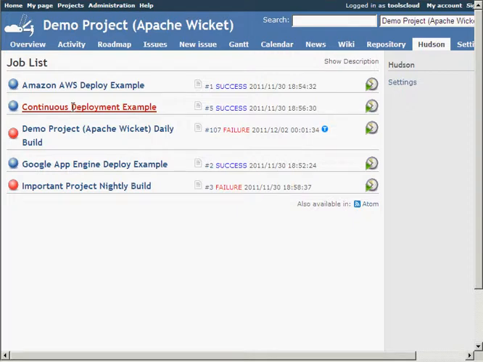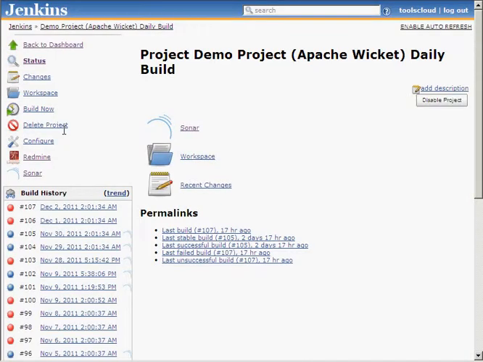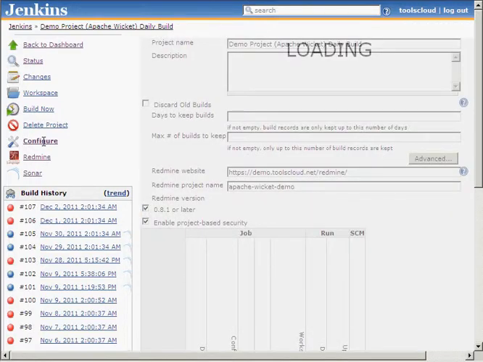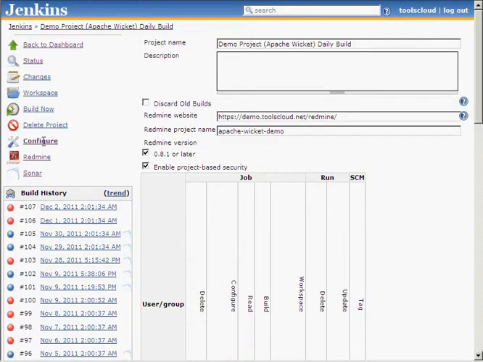Inside Hudson Jenkins, we select our demo project. Now you see the build history on the left, and links to specific build results. We're going to click on Configure for another moment. By choosing Configure, you're able to automate the build and test process to help expedite the development and QA process. You set up jobs, they run automatically in a continuous fashion. Now if we back up to the dashboard,